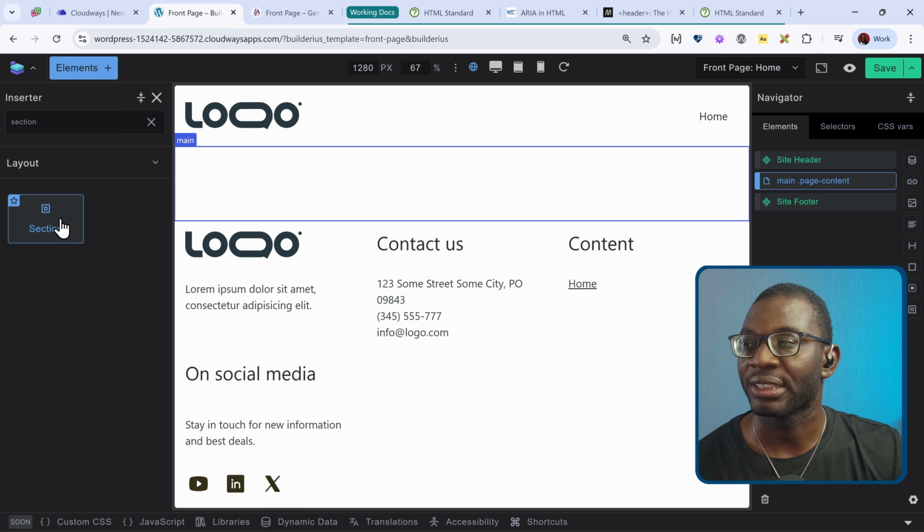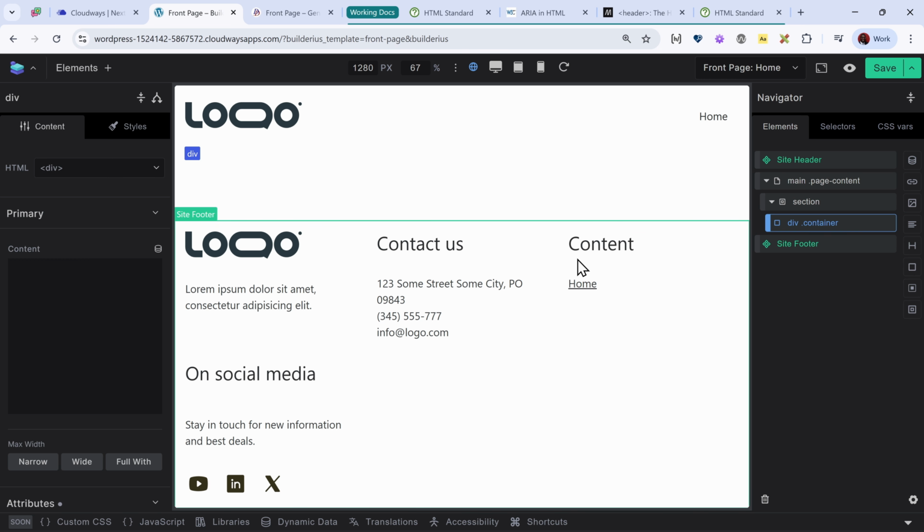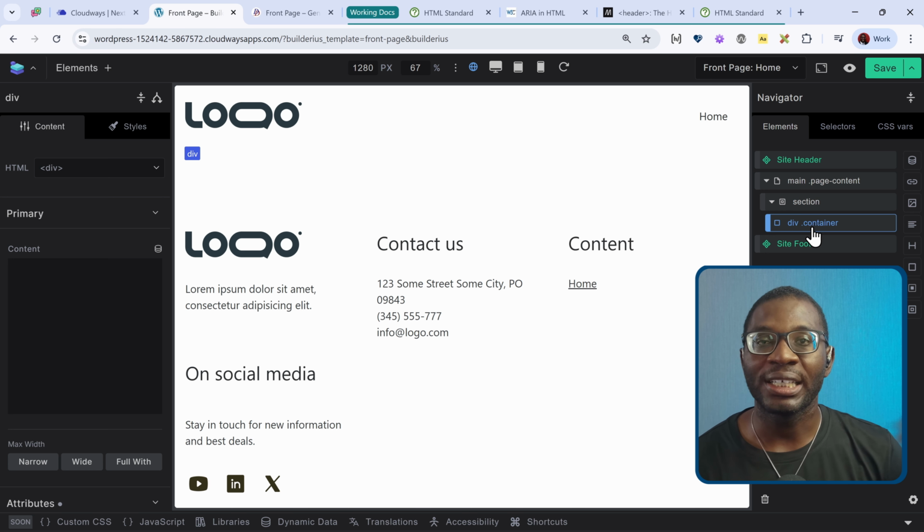What happens is that the element is inserted as a child of whatever was first selected. So the main tag was selected, the section becomes a child of the main tag, and what gets highlighted is the last element that was added, which is the container. However, if we want to add multiple elements at once, then you just need to hold the Shift key.